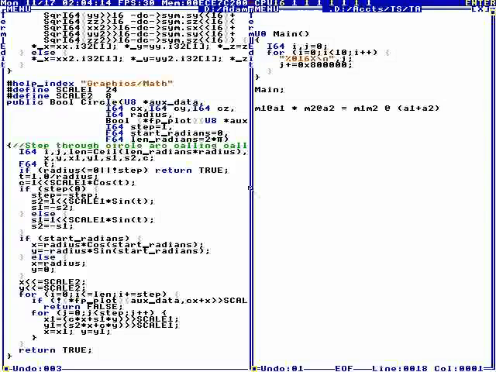Now, what if we define M1 and M2 to be, I guess, the radius? We want M1 equal to the radius and M2 equal to 1.0, and we want the angle to be,